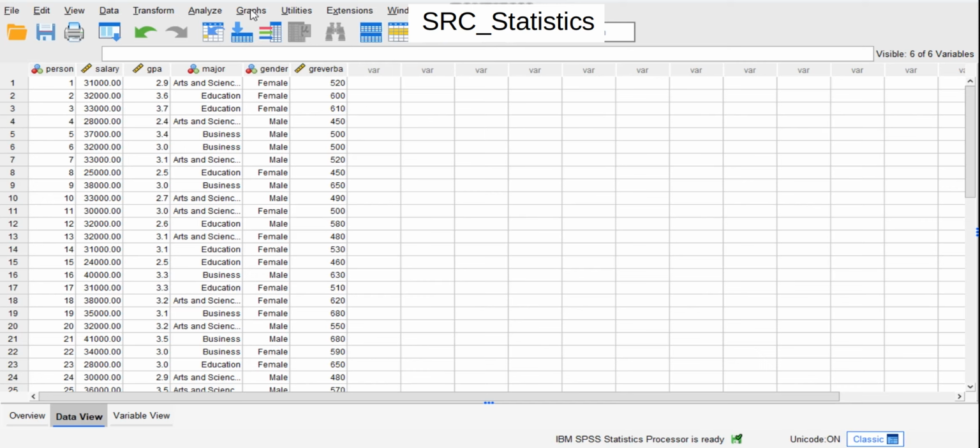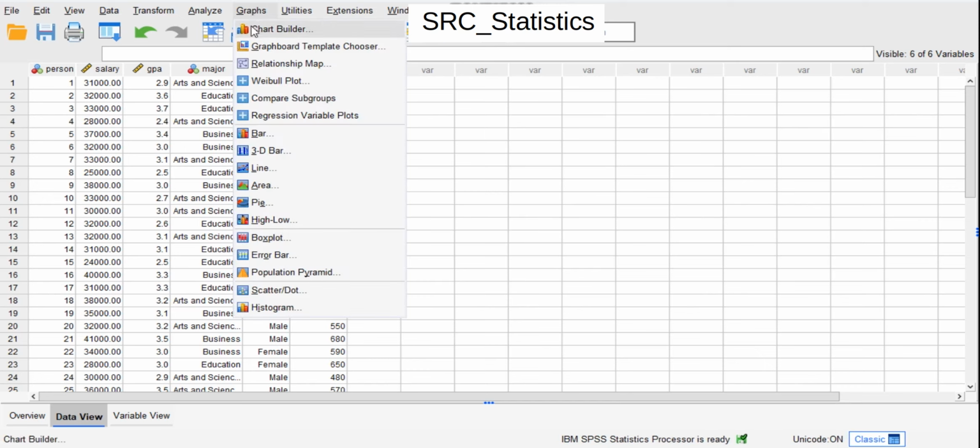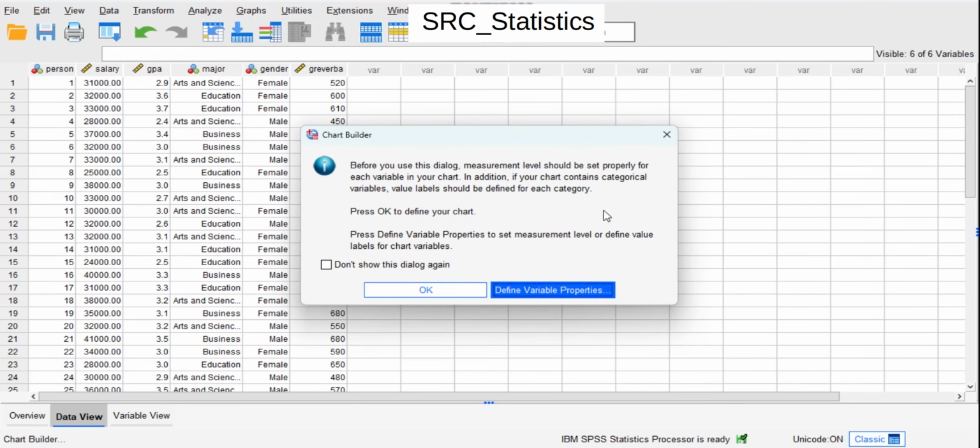Okay, we shall go to the Graph tab and select the Chart Builder. When you select the Chart Builder, this dialog box will come. It will ask whether you have defined the measure for each variable. See, for each variable we have defined the measures. See the symbols for nominal, scale, etc. we can see for each variable, and it also asks whether for categorical variables you have defined the value